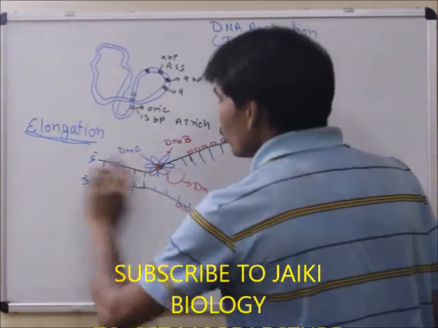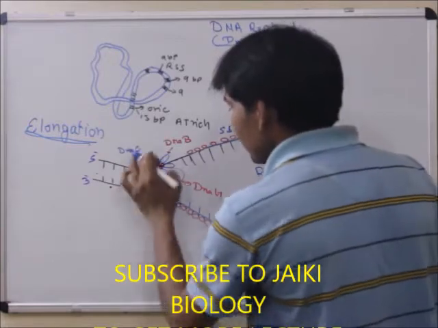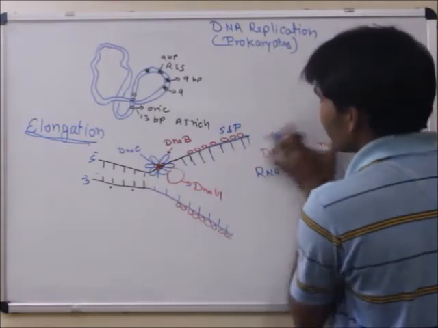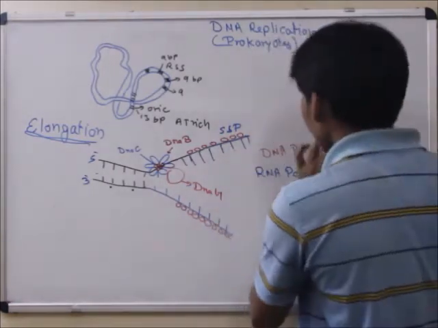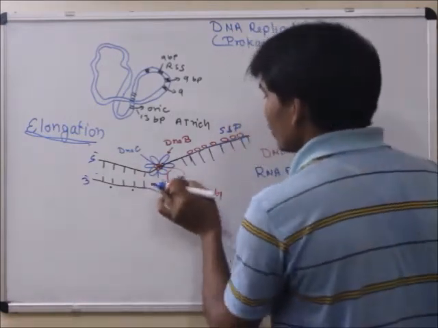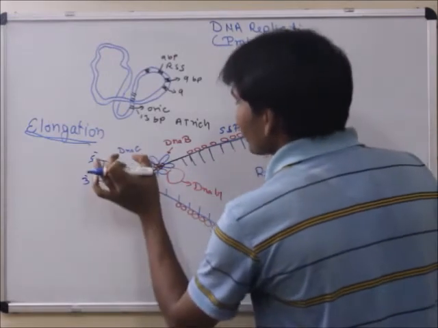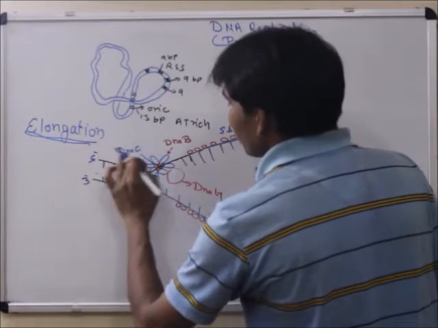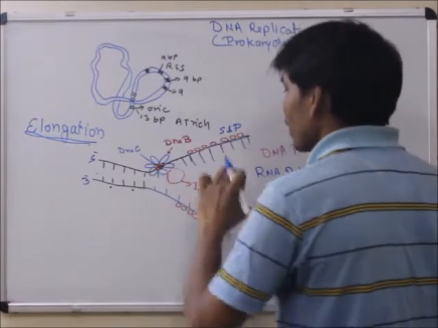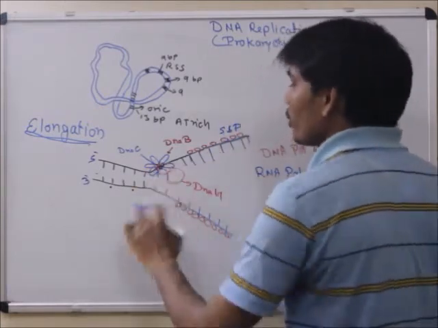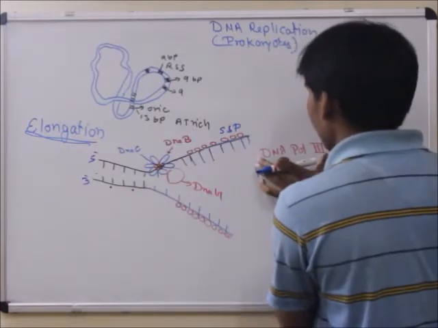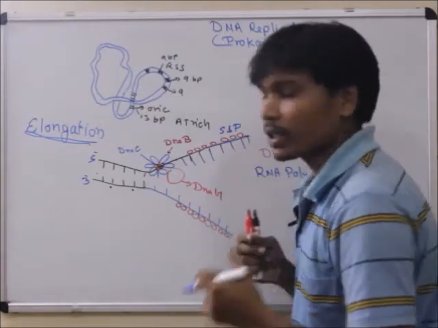When DnaB proteins move and break the hydrogen bonds, a new replication fork forms and again moves, and then synthesis occurs with the help of DNA polymerase III. In bacteria, DNA polymerase III polymerizes nucleotides in the 5 to 3 direction. So DnaB again goes forward, breaks the hydrogen bonds, forms a new replication fork, and so you can say that for a single DNA replication there are more and more replication forks, and at the replication fork, DNA polymerase III adds nucleotides and synthesizes